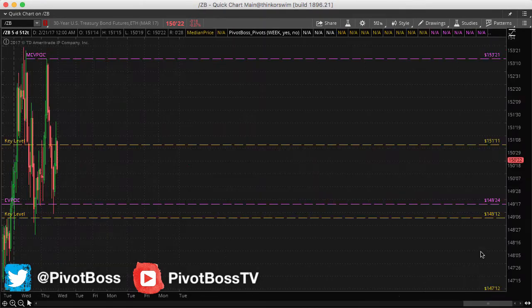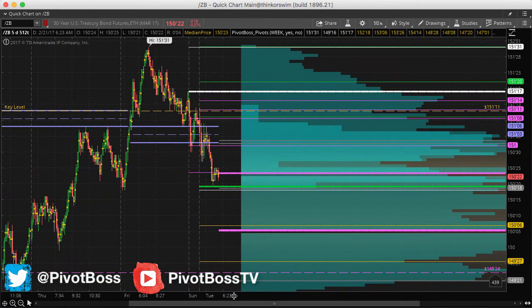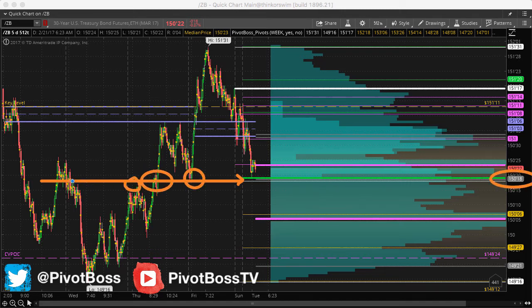If we look at this idea on an intraday time frame, here you go right here. Again, the level to watch short term is going to be this level right here. That's 150.18 thereabouts. That's where that low is. That's where the previous high is, where you got the breakout. It's coming back to that zone. This is where bulls want to defend short term. You might see a little push below it where it tries to hold and then fails, but overall